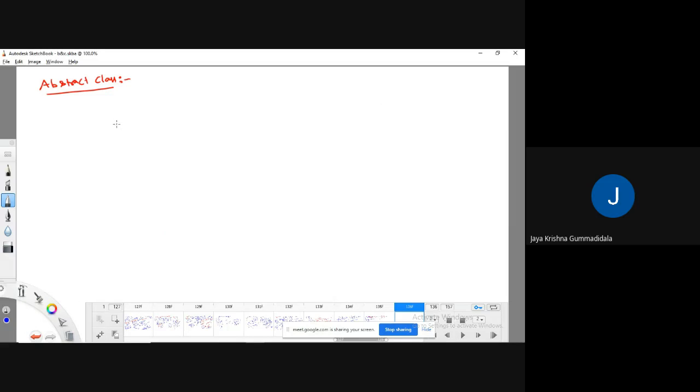An abstract class is also a class which contains some defined methods and some undefined methods. Some undefined methods can also mean zero undefined methods. That is important: zero undefined methods also. What are the classes that we have declared up to here? All those classes you can make abstract also.